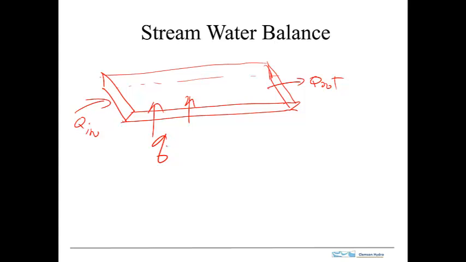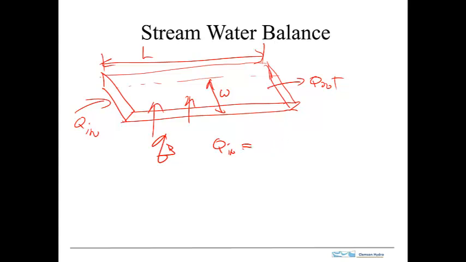So this would be a flux, a base flow flux, and this would be W, and that would be L. Okay, so the balance then is that Q in, this is a volumetric flow in, is equal to, well,